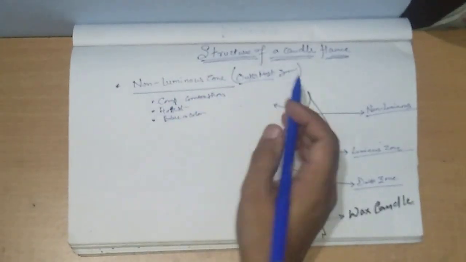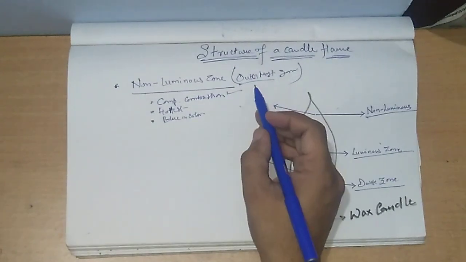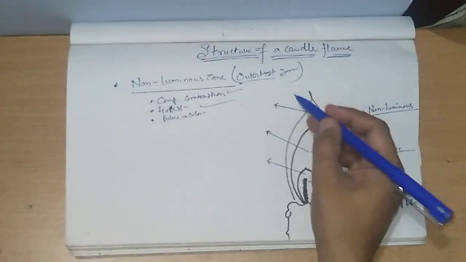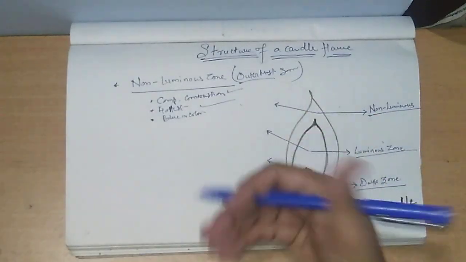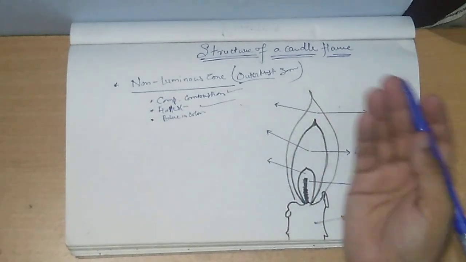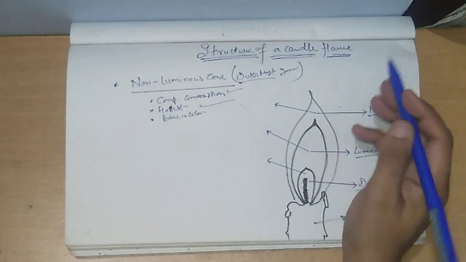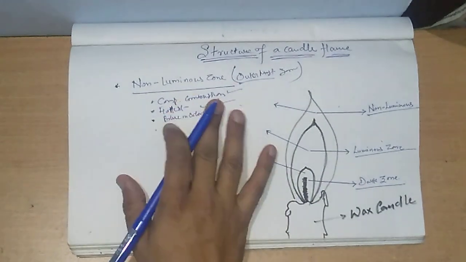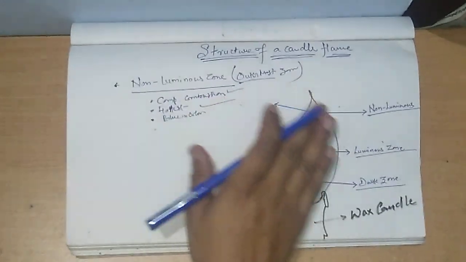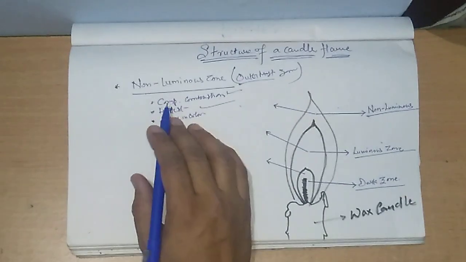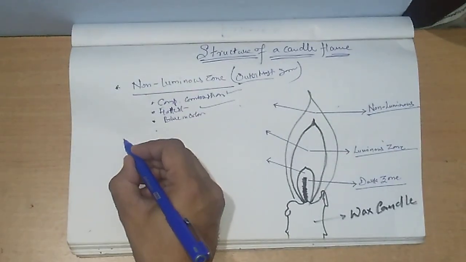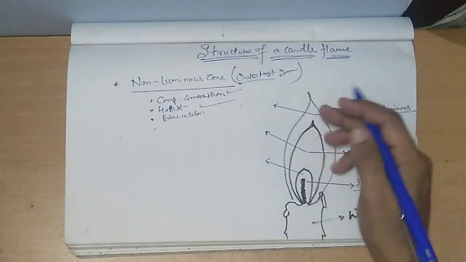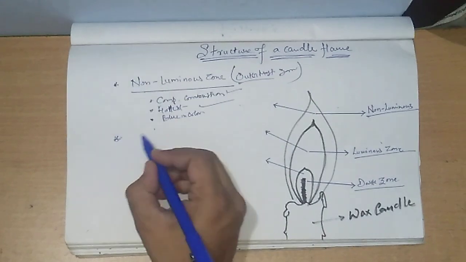It has three characteristics. Number one, complete combustion takes place because of the sufficient supply of air. Second, it is the hottest part of the flame. If you want higher temperatures for any purpose, you have to use the outermost zone of a flame. And the third is that it is blue in color. So that is how you can identify the difference between the zones. This is the first portion, the outermost part of the flame, that is this part, blue in color. Now the second part is the luminous zone.